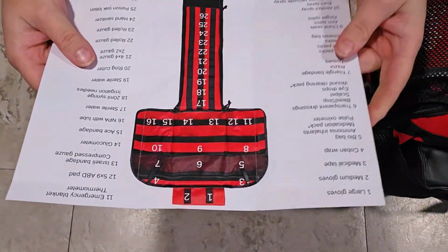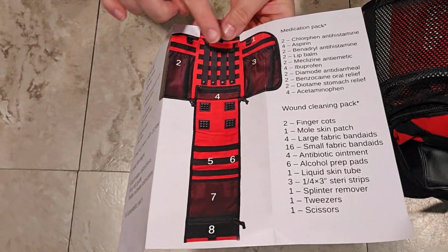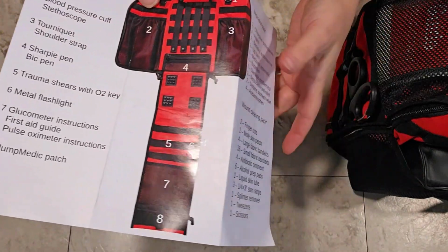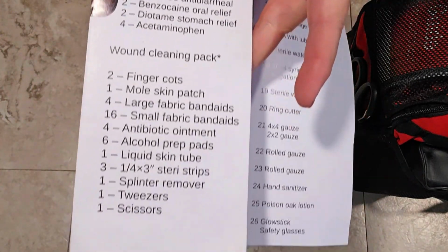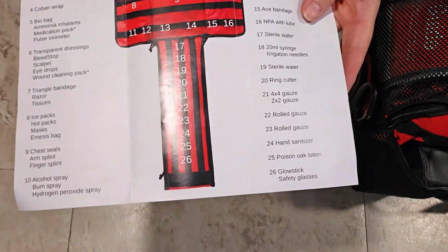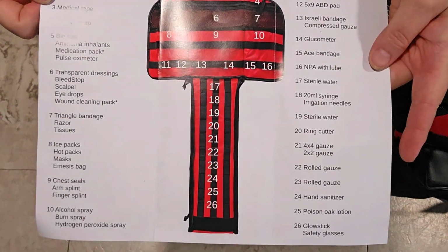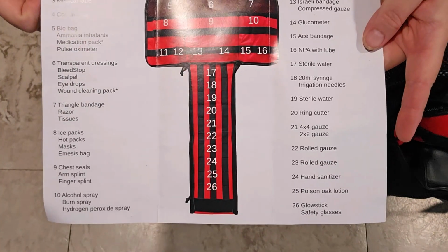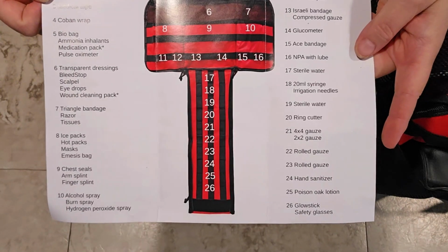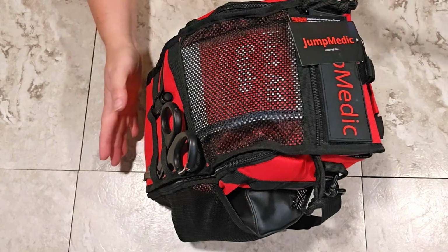Now, JumpMedic does give you this nice list. This is showing the outside of the pack, and it's showing where everything is and what everything is. This side lists everything that's on the outside of the bag, and this right here is listing the contents of the medication packet and the wound packet. And then, of course, this is sort of like a map of the inside of the bag and everything that's in there. This is for identification if there's anything that you don't know what it is, and it's also going to help you put things back in the right place after you've used them or replace things when they've been used up. I think you can see now why I was so impressed with this first aid kit,